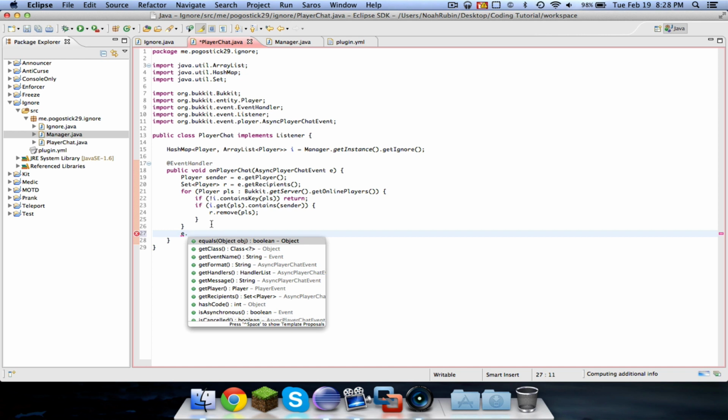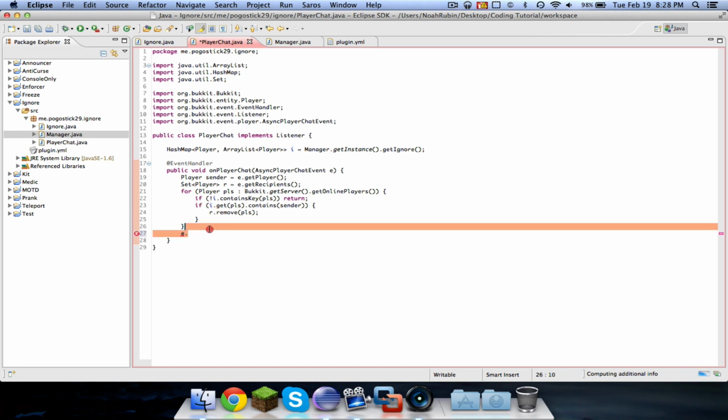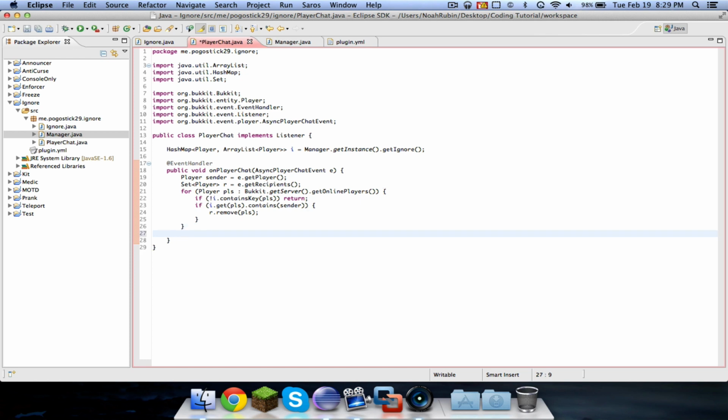That's odd. There's no way to do that. Alright. Well, I can tell you one other thing is that we can do for player fin r. So I thought that there was a way to set the recipients of the message, but I